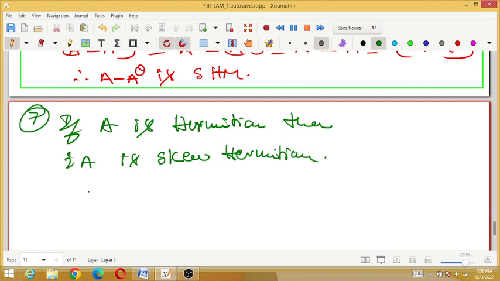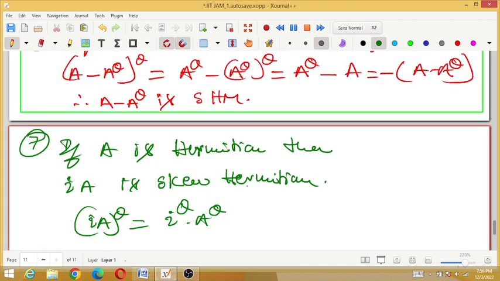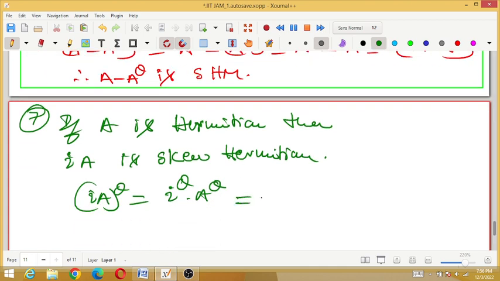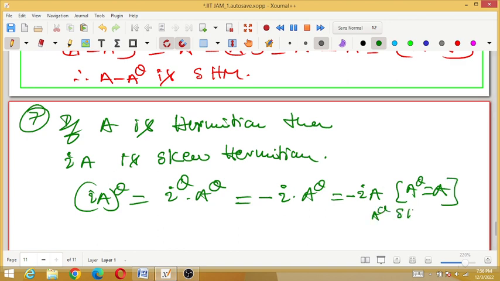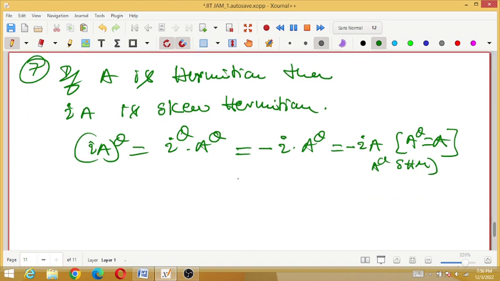That is how, (iA)^θ is nothing but i^θ into A^θ. So that means i^θ is nothing but minus i, so minus i into A^θ, that means minus iA. Why? Because A^θ is equal to A for a Hermitian matrix. So this will come. And also Hermitian matrix,